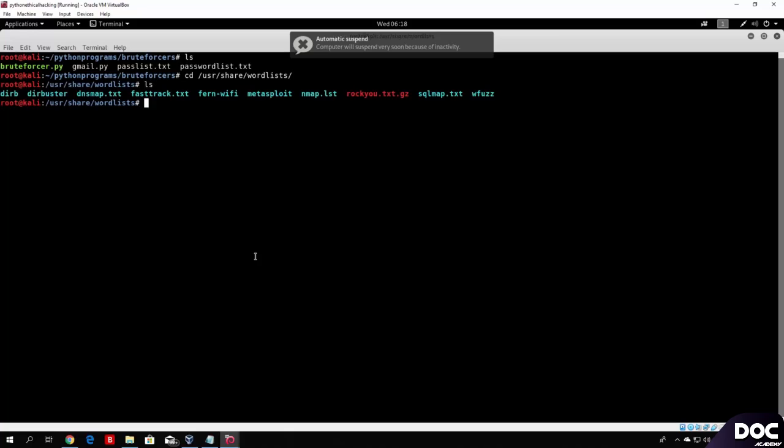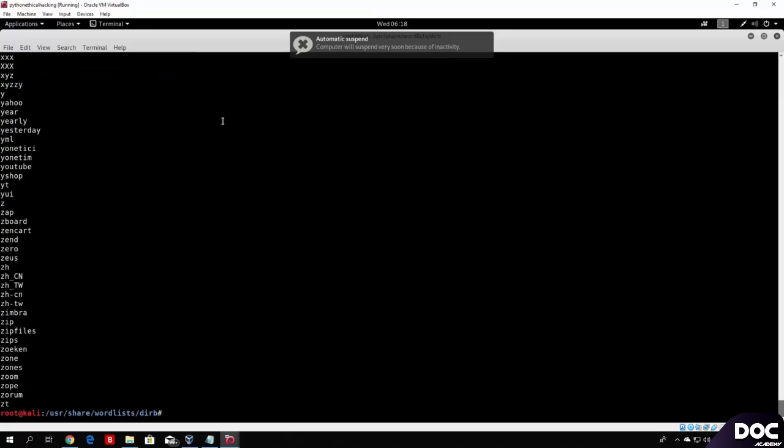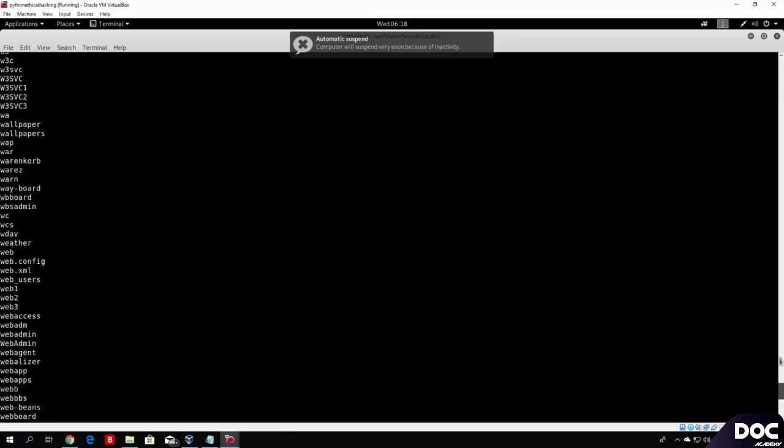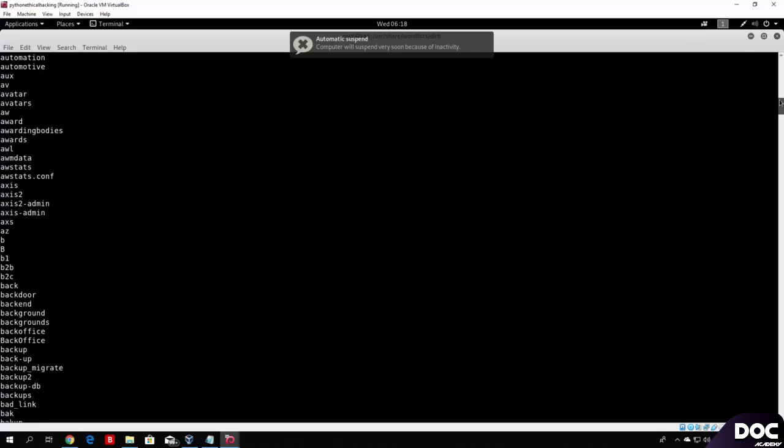We will need a file which is going to contain some directories that are possible to be found on some web page. So we can use any file in our actual Kali Linux. Since this is actually just a test, we don't really need a real file. So let us see in wordlists whether there is anything similar to that. So if we go to dirbuster, but let me just check right here, cat common.txt, and we can use some of these actual lists